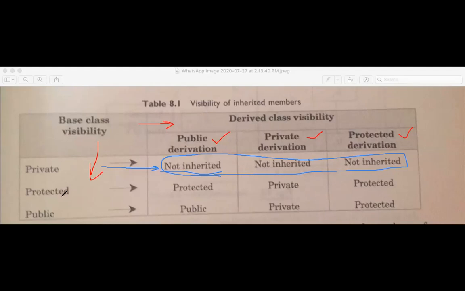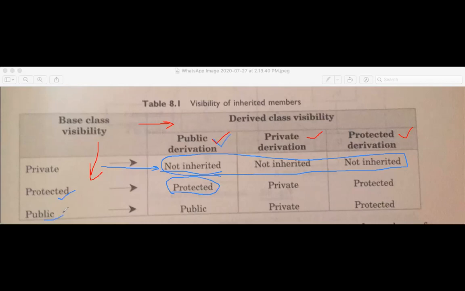But if in the base class some members are declared as protected, in ABC class, suppose there is a variable A declared as protected int A, and if you are using public derivation, then that protected remains protected. It means that the same visibility you get in your derived class. That visibility is maintained in the public derivation.